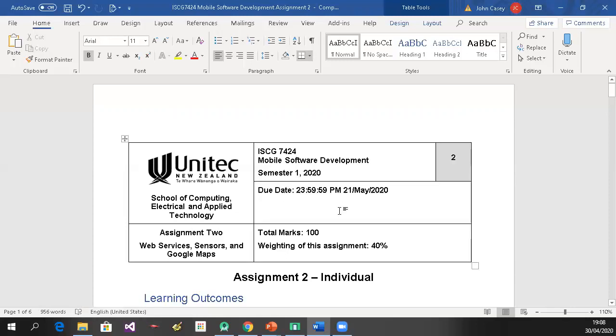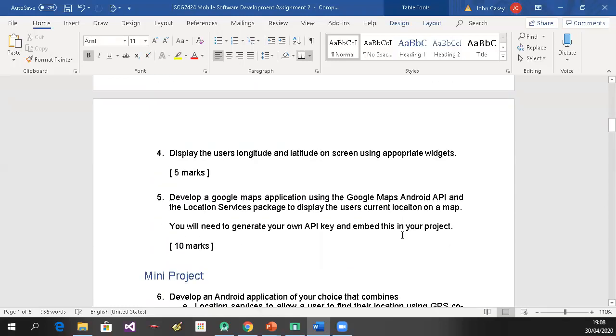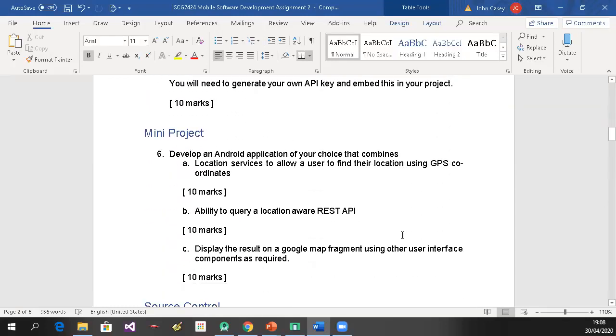The hard part I think will be which API you use for question 6, the mini project. So it's all about fusing information from a JSON API with information from your sensors, that type of stuff, and then putting it all